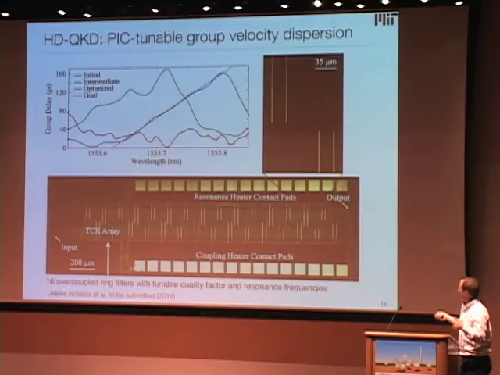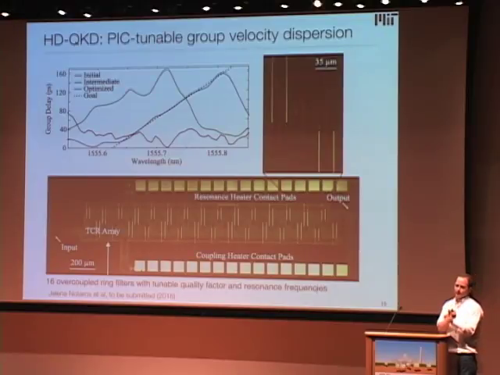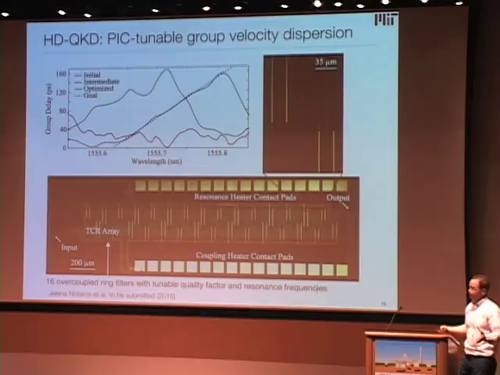series of 16 overcoupled rings coupled to a waveguide, and we can control the coupling by an external Mach-Zehnder interferometer to this internal ring, and in this way control not only the quality factor of the ring, how much it's coupled to the waveguide, but also the resonance frequency of it. And if you have a photon passing by 16 of these fully tunable in Q factor and frequency rings, you can change the dispersion. In fact, you can program the dispersion that you want.